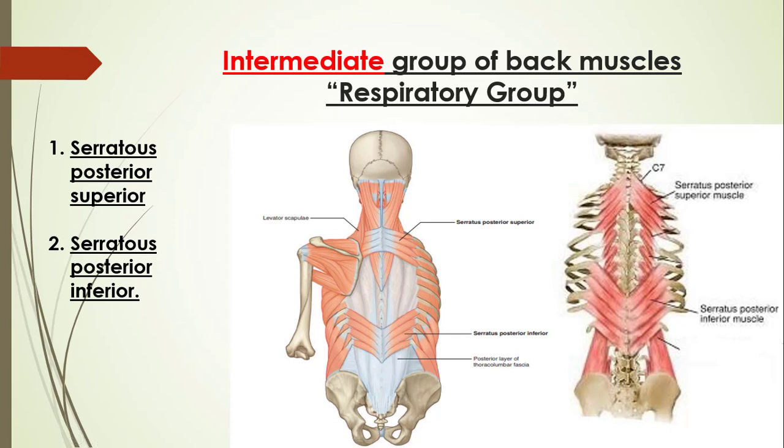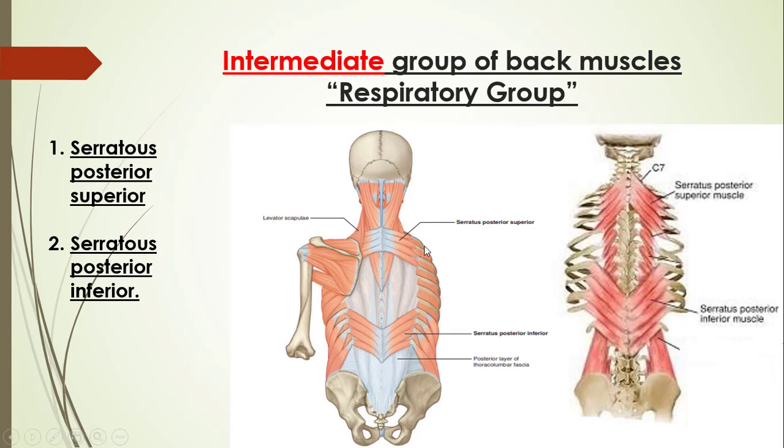Let's see the origin of the serratus posterior superior. The lower portion of nuchal ligament, the spinous processes of cervical 7 to thoracic 3: first thoracic, second thoracic, and third thoracic. It's also attached to the supraspinous ligaments. So, lower portion of nuchal ligament, the supraspinous ligament, the spinous processes of cervical 7 and the first 3 thoracic